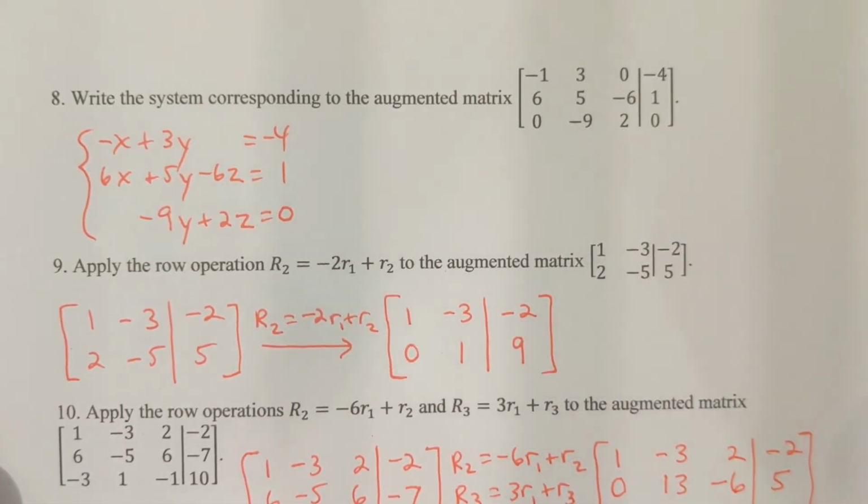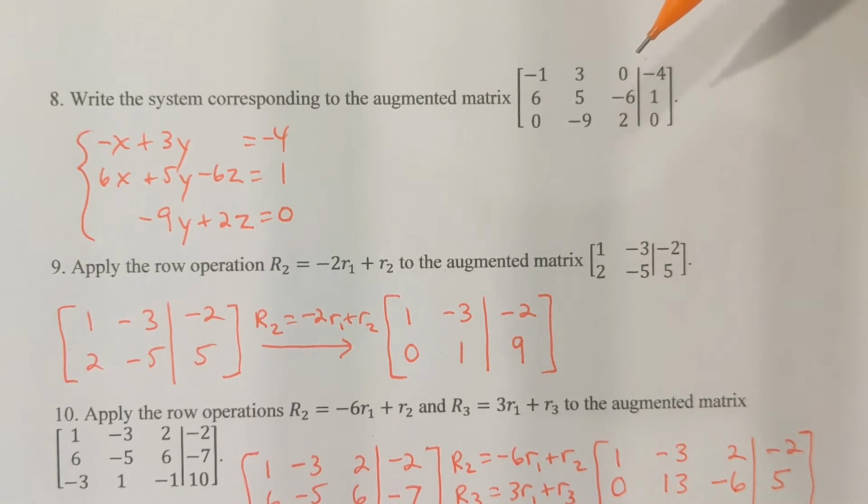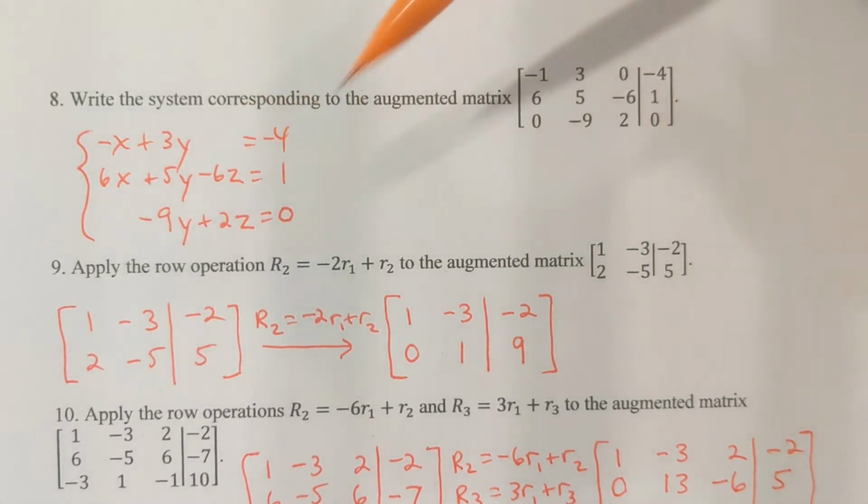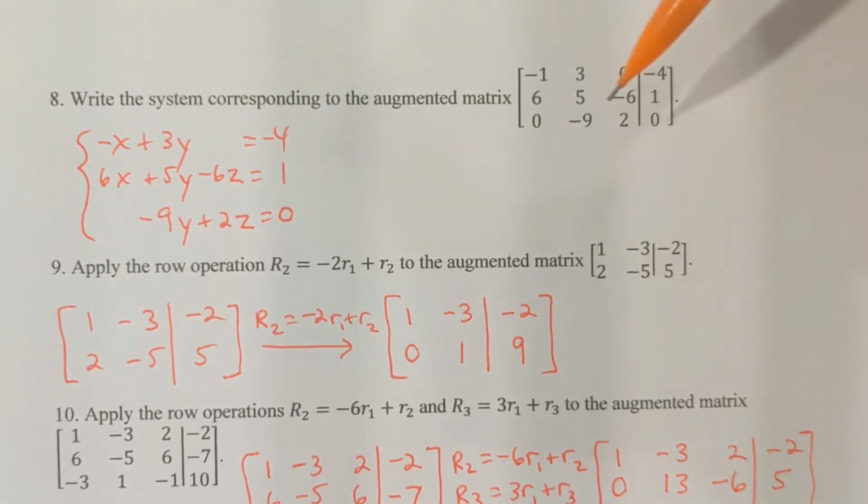Let's write a system corresponding to the augmented matrix. We're going to have to know how to convert back and forth here. So here's an augmented matrix. As a system, I'm going to have 3 equations because I've got 3 rows, and there'd be 3 variables, x,